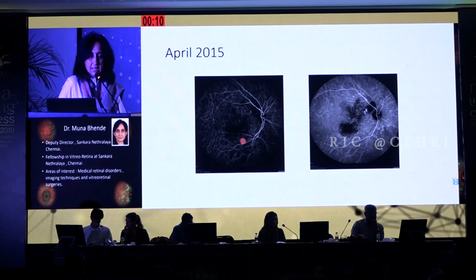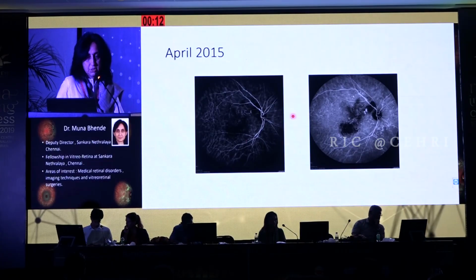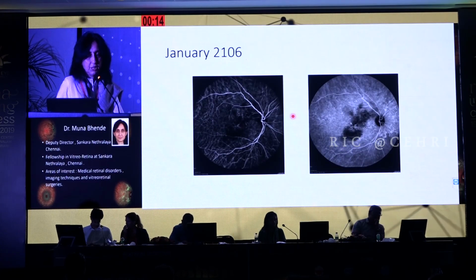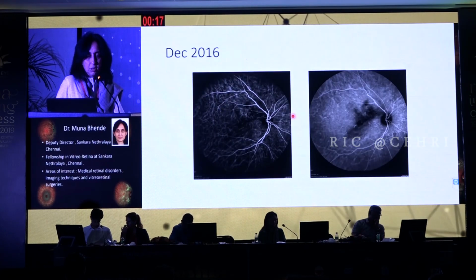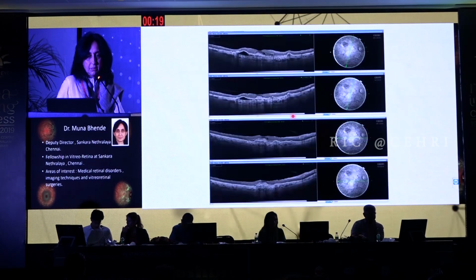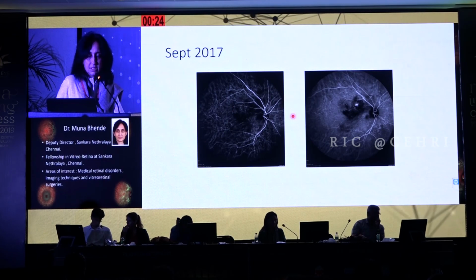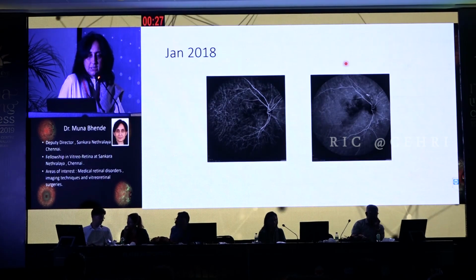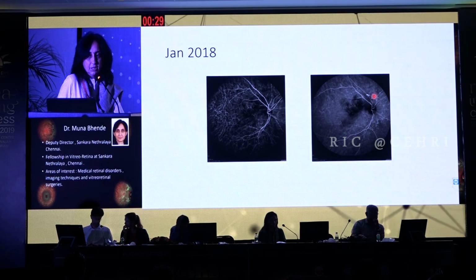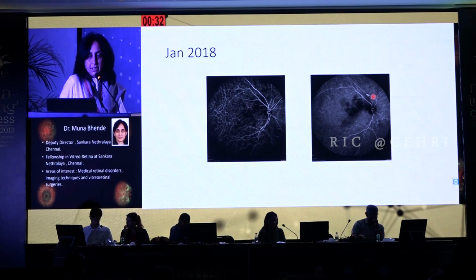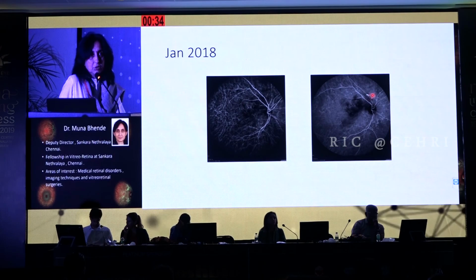Just a word of caution. When we look at lesions like this and look only at polyp regression, you see this patient, April 2005, January 2006. You see the polyps appear to be regressing with multiple treatments. This is what the OCT shows, everything looks nice. September 2017, a small recurrence. And what happens in January 2018? There's another lesion here. When we talk about polyp regression, we forget there may be a vessel growing in this direction also. So polyp regression alone may not be the way to go. Thank you.